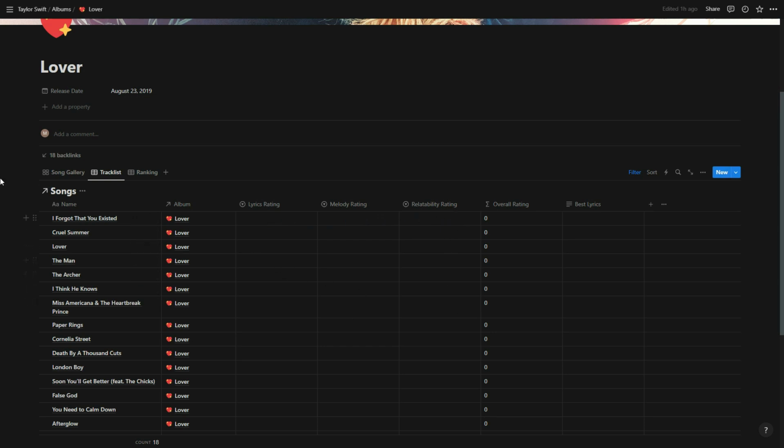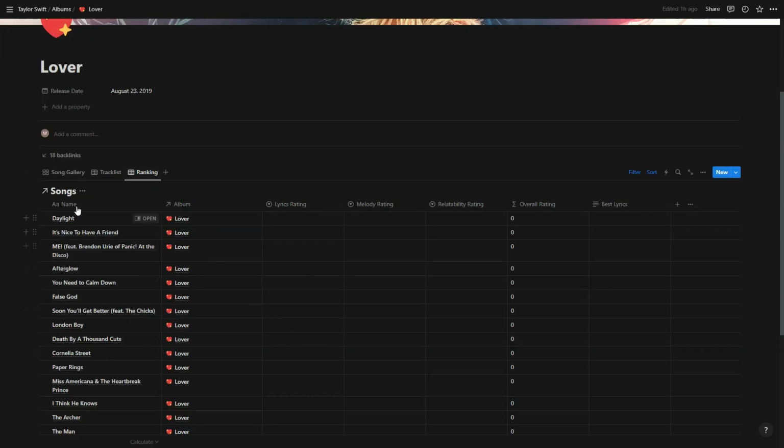But for the purpose of this video, because the song gallery looks better, we will use that to rank each of the individual songs. And by ranking, I mean because there is also a view right here which sorts from the Notion page itself what is the top song from the album based on how we did the rating for each of those. So later, once we've done all of the ratings,